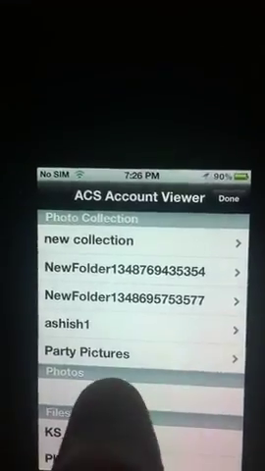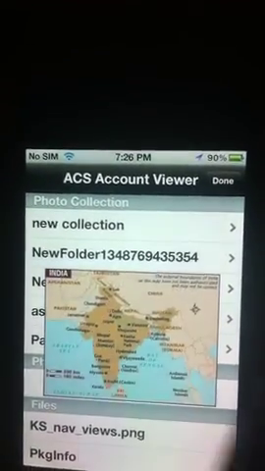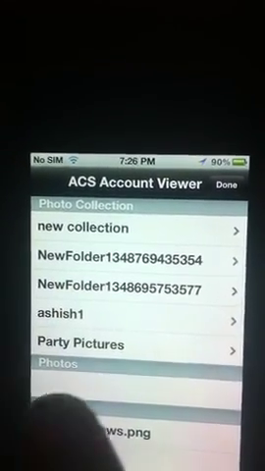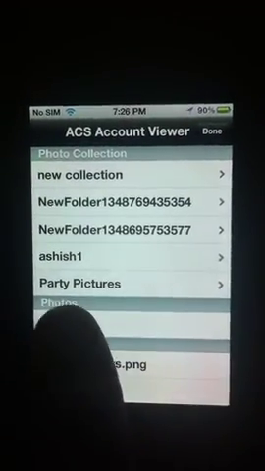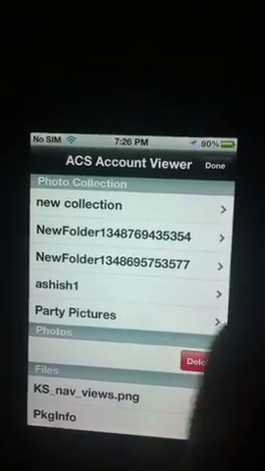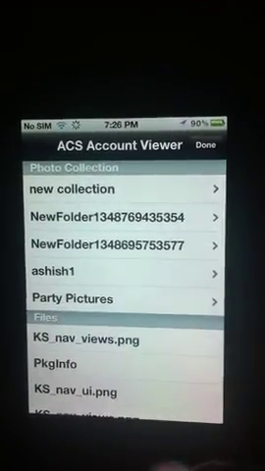Now should I check the second one? That's my map. Okay, maybe I'm not interested, just putting it right here. Maybe a good photo collection for this kind of maps. So I just want to delete from here, and I'll create a photo collection later on. I'm not interested right now, so I can delete this also.